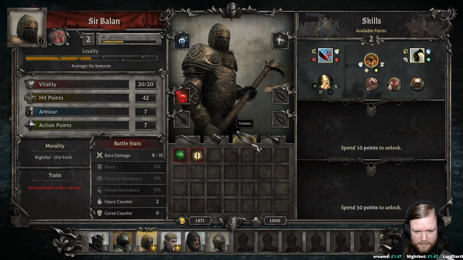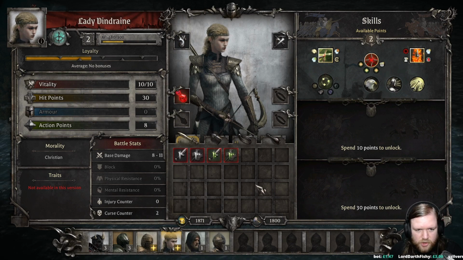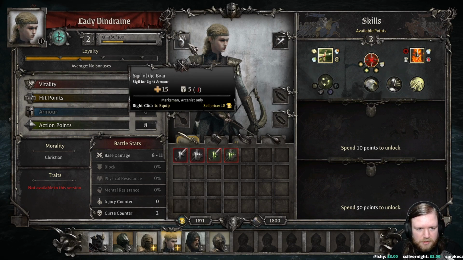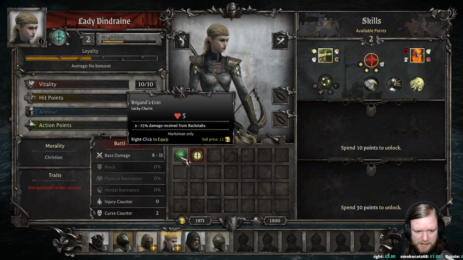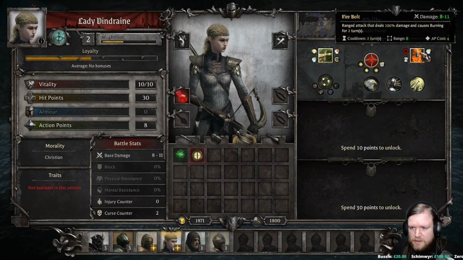And then we have trinkets, none that you can use, and no potions. Okay, Dindrain. We have no bows that you can use. We have no armor you can use. We do, however, have the Brigand's Coin, which is less damage received from backstabs. So, how does